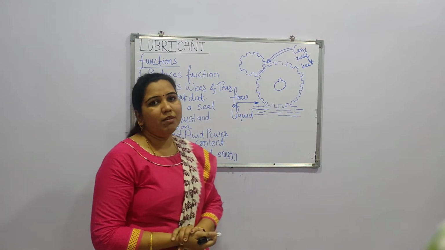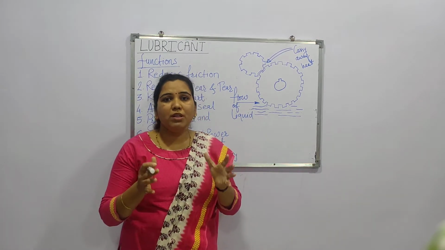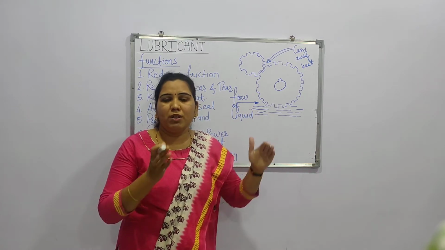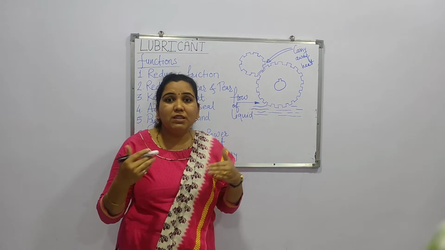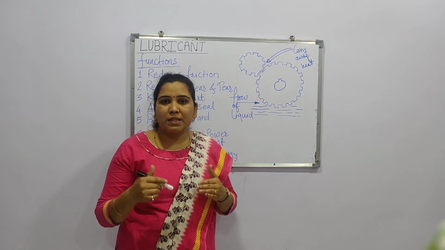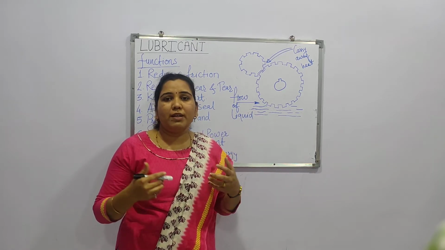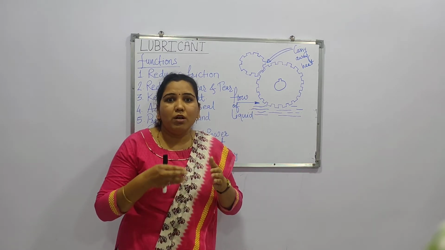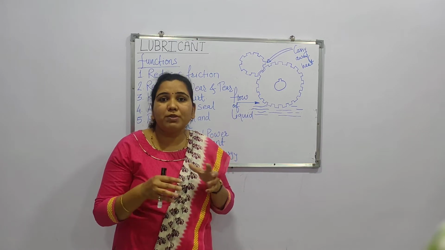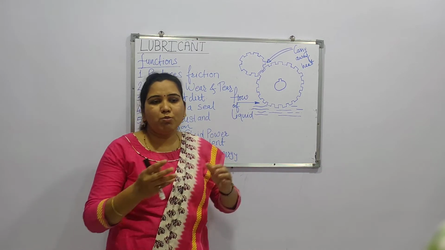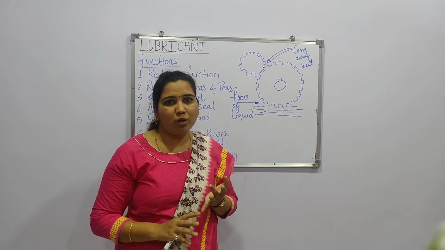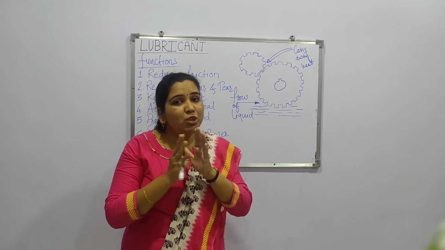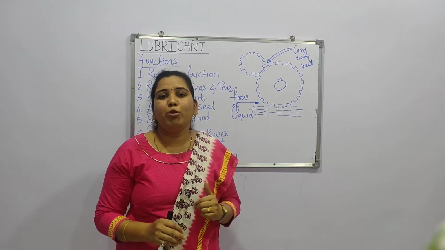We know that friction is nothing but the opposing or resistant force to the motion when the different parts of the moving or sliding surfaces come in contact, like asperities. So when they come in contact, they can interlock with each other. So there creates a hindrance, an obstacle for the motion, due to which motion decreases, and that is called friction. So this frictional force can be reduced by the use of lubricant.